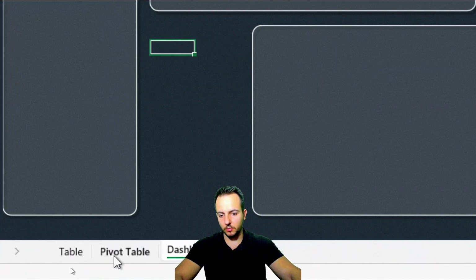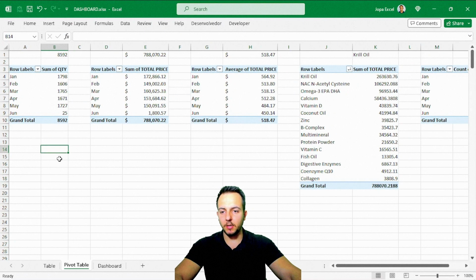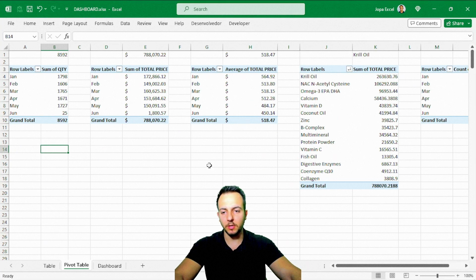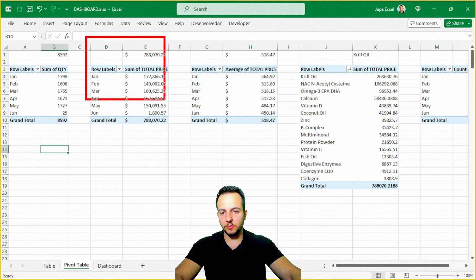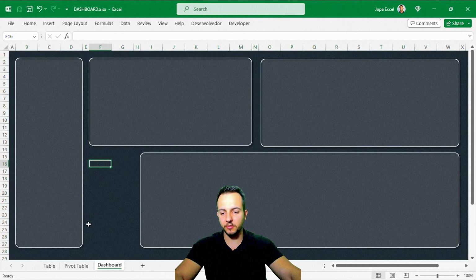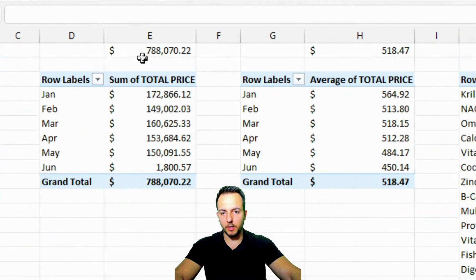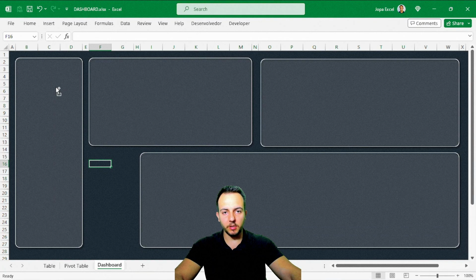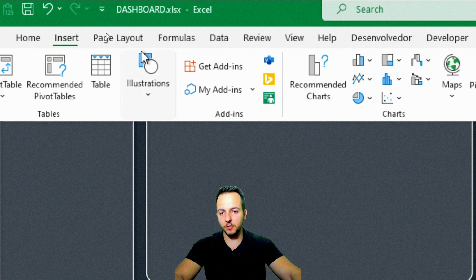So let me go back here to my pivot table, and I can just follow in this order. I can stick with the first one, and then the second one, the third one, the fourth one, and so on. But I'm going to start with the second pivot table, to use as information here in my dashboard. I'm going to use this grand total, the total sales. To display this information here in my dashboard, I can click here in the Insert tab,